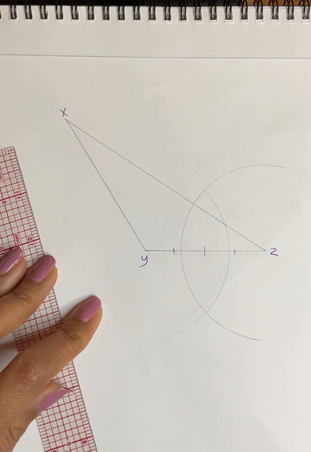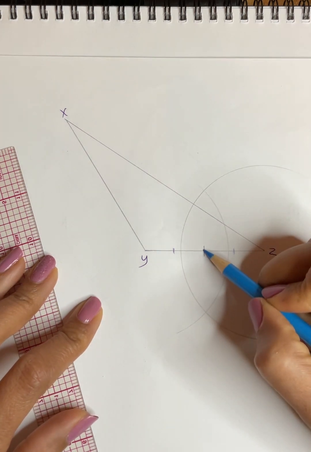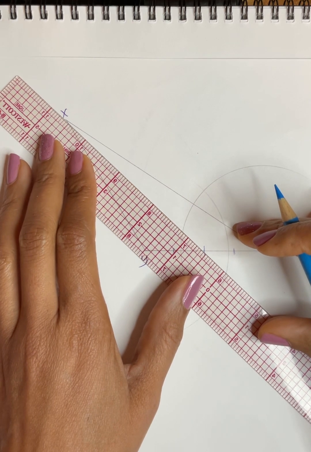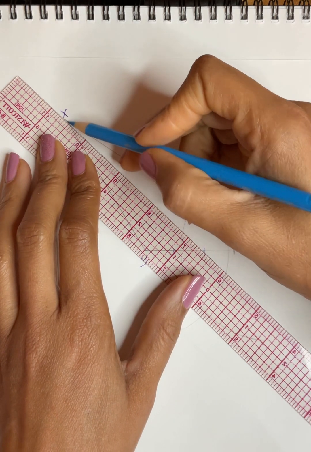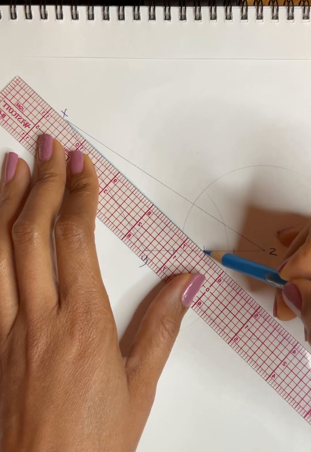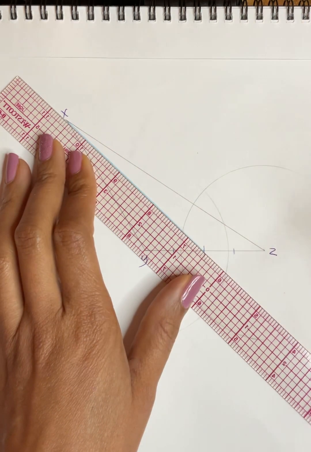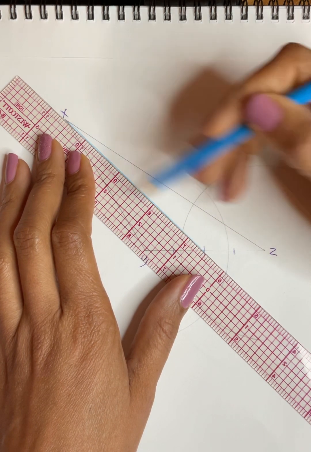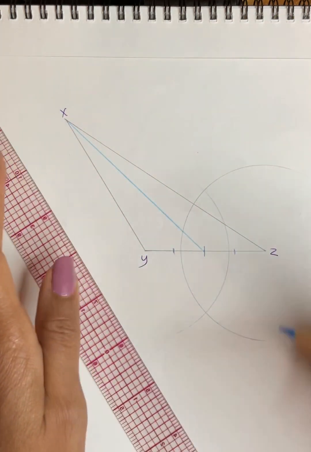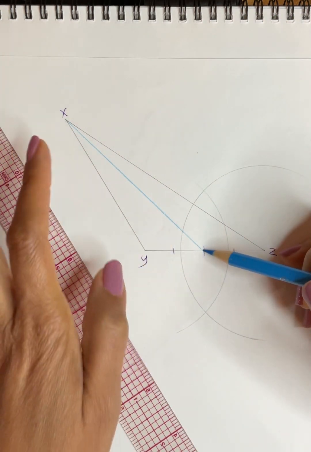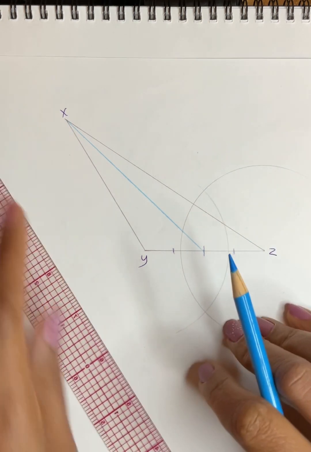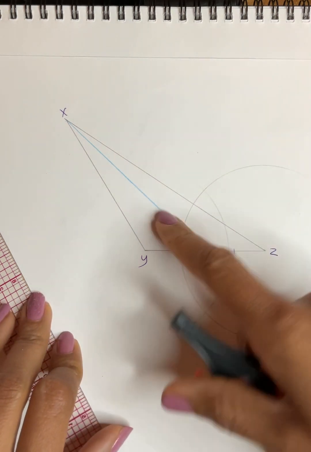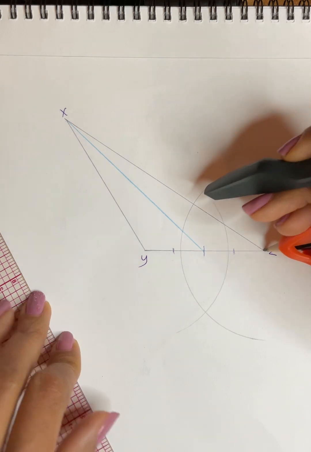Now from the midpoint right here, I'm going to connect that line to the vertex that is opposite. So the median of a triangle is a line from the midpoint of a segment to the vertex opposite that segment. So from the midpoint, you could draw a line to the vertex that is opposite. I am now going to also do the next one. All right, so this is the median and I need 3 of those, so I have to do more perpendicular